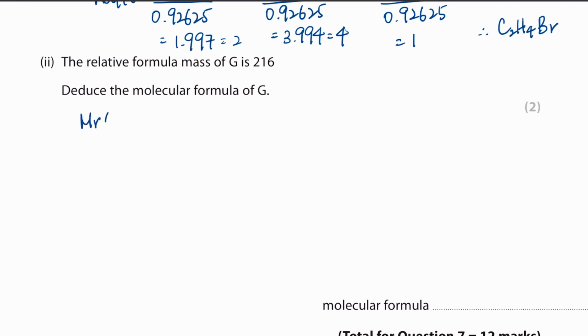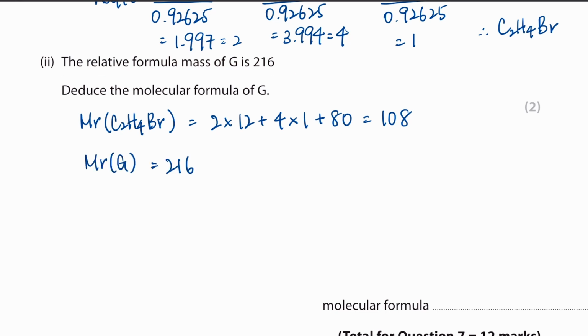So we found that the empirical formula was C2H4Br. This means that the molar mass can be found by doing 2 times 12 plus 4 times 1 plus 80, which gives us 108. Then, if I read the question, it says that the relative formula mass of G is actually 216. So, if I then compare the two molar masses, 108 and 216, I will see that the ratio is 1 to 2. If it's not obvious, then you can always divide them by the smaller number. Either way,